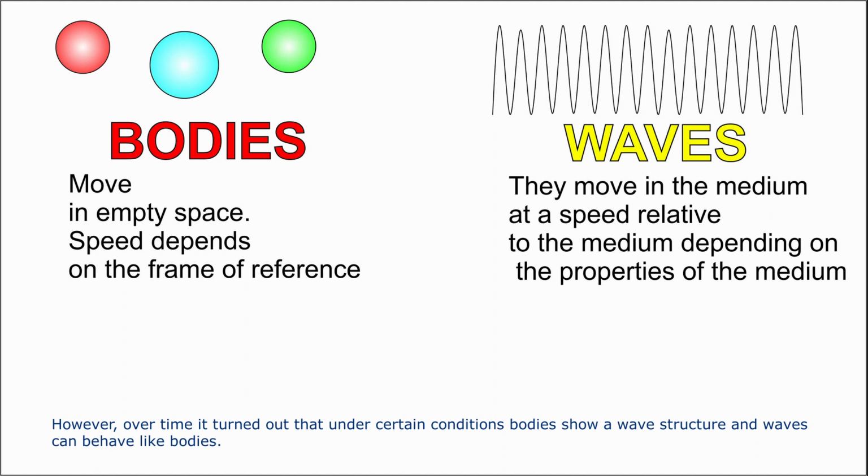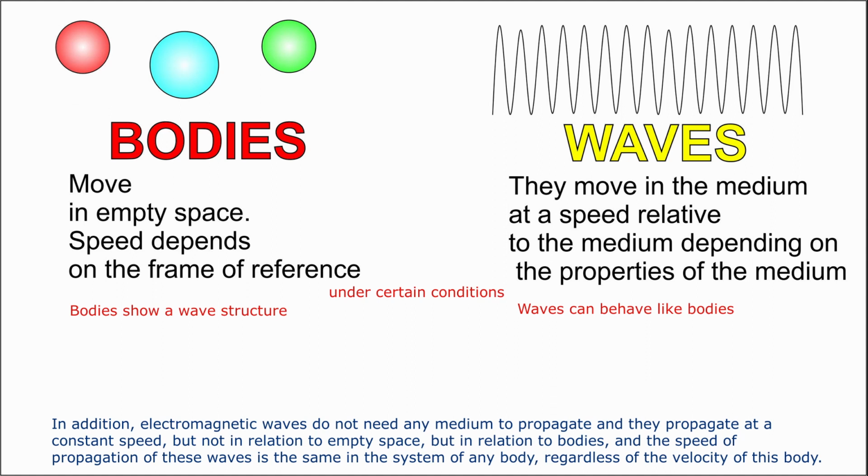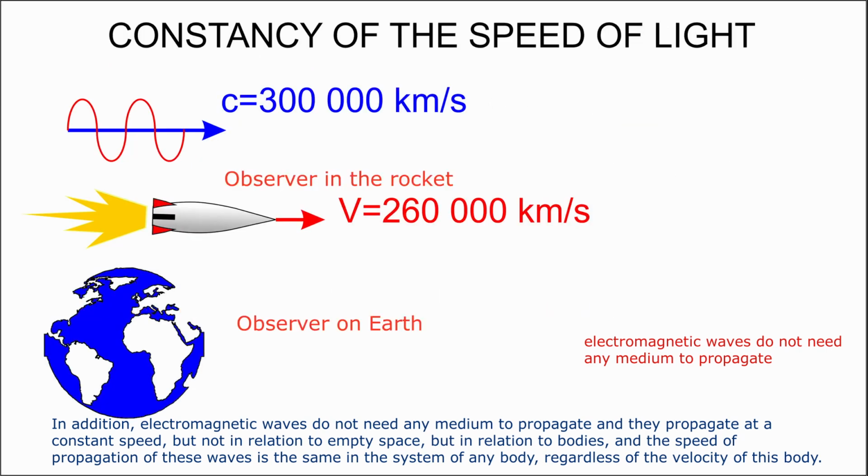However, over time it turned out that under certain conditions bodies show a wave structure and waves can behave like bodies. In addition, electromagnetic waves do not need any medium to propagate, and they propagate at a constant speed, but not in relation to empty space, but in relation to bodies. And the speed of propagation of these waves is the same in the system of any body, regardless of the